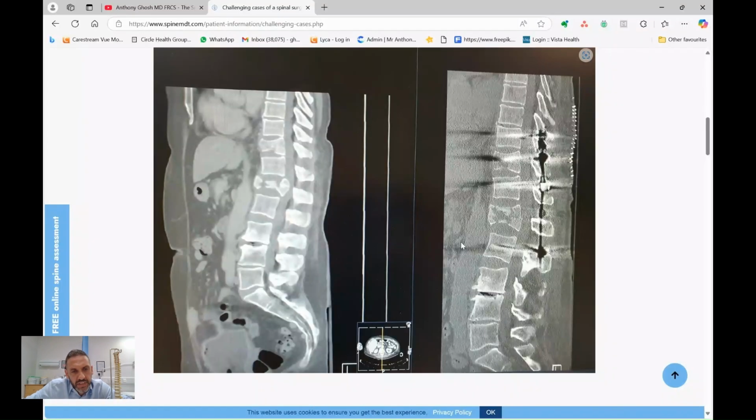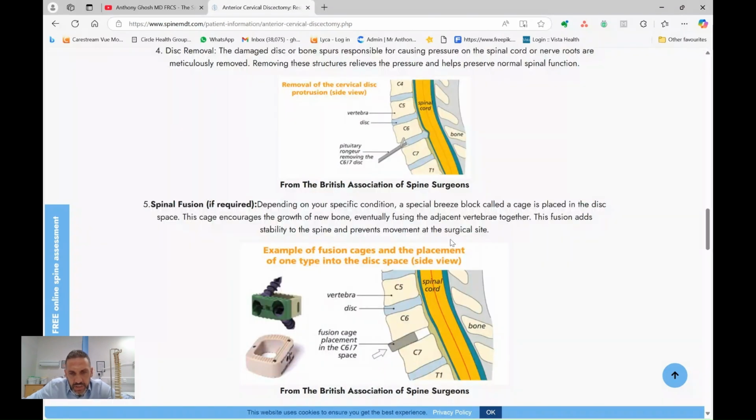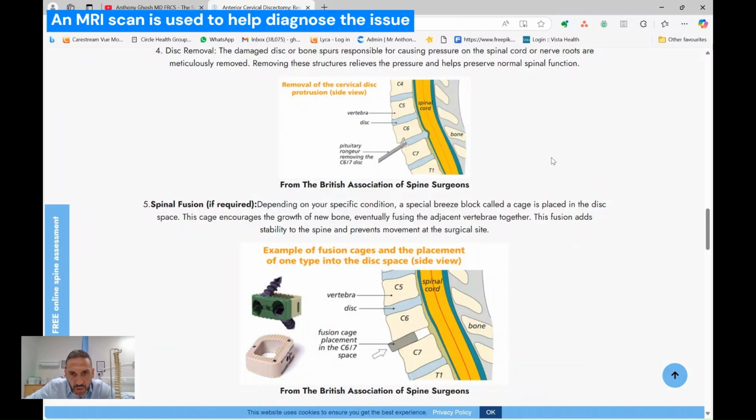And other causes that are usually associated with a traumatic event are fractures of the spine. So we can see here on this CT scan, this patient has two bones that are fractured, one of them quite badly crushed, with this piece lying inside the spinal canal. And for this, they underwent surgery to fix the segment, stabilize it, and decompress the spinal cord. So good clinical examination and then usually an MRI scan is what helps diagnose this.